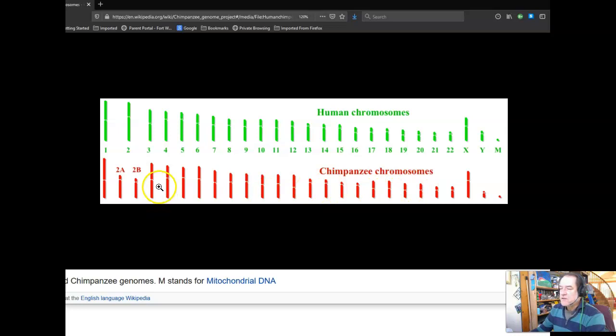The chimpanzee, they are different in that their chromosome number 2, the chromosome number 2 that our ancestors shared with their ancestors way back, has split in two. And so they have 24 chromosomes, and then their X and Y pair right here, and then their mitochondrial. So that makes us completely different species.